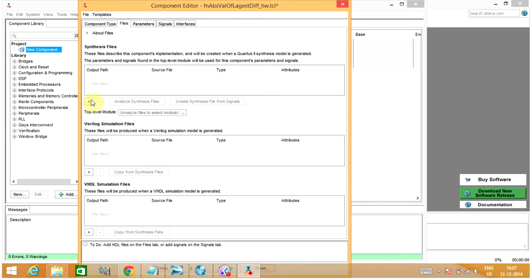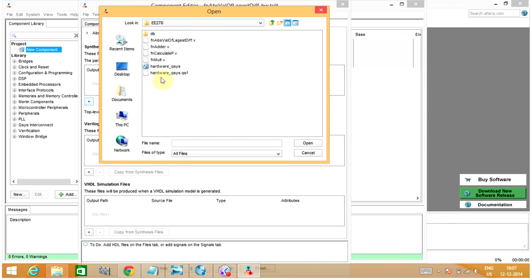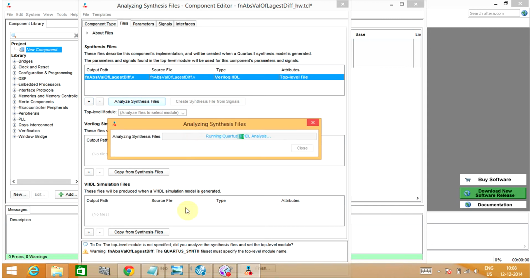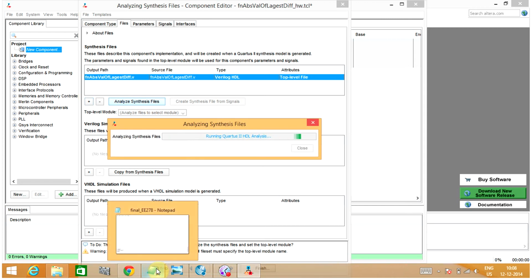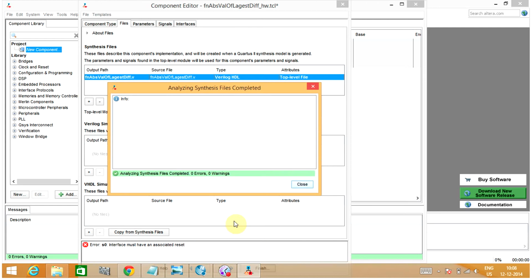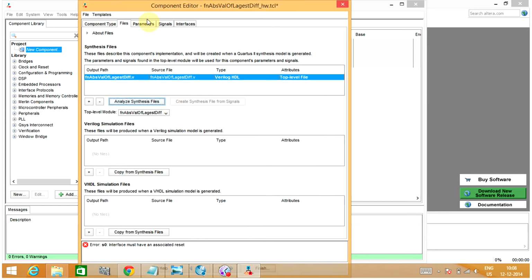Then here we need to add the file and analyze it to see if it's working correctly. So here you click analyze synthesis file. We have no errors, so we could proceed ahead.